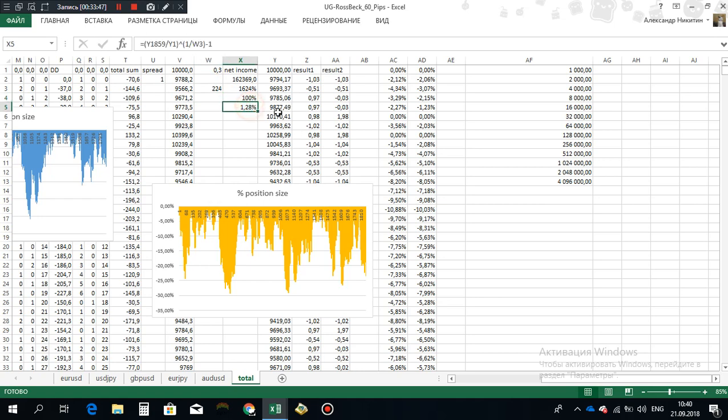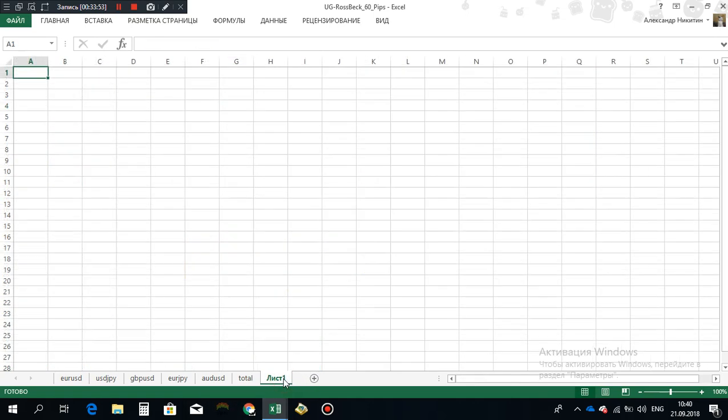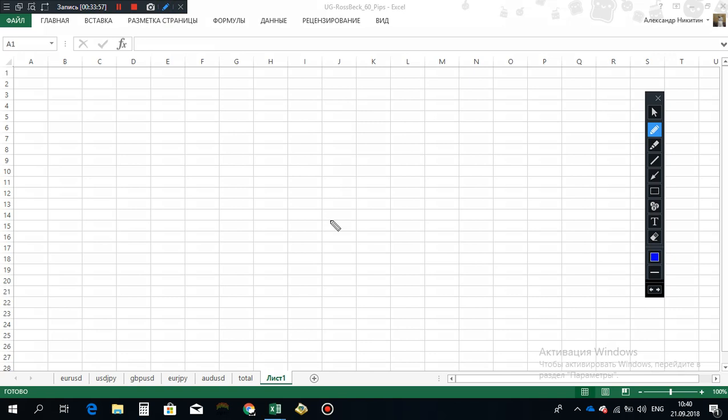So this is the real 1.28%. Okay, now I will draw the formula and you will remember it. First, what you need to do, you need to calculate your ending account. So open the bracket. This is the ending account